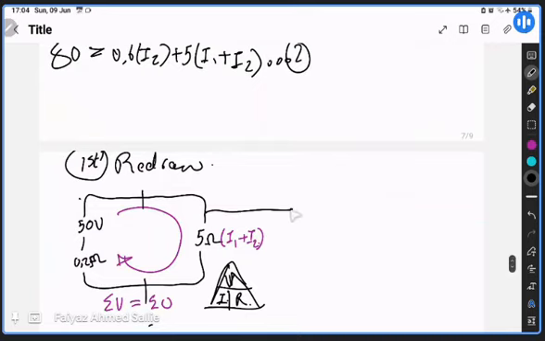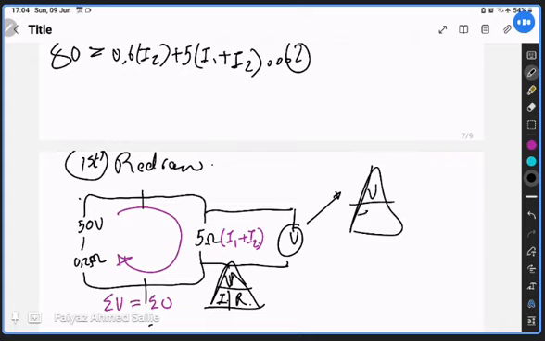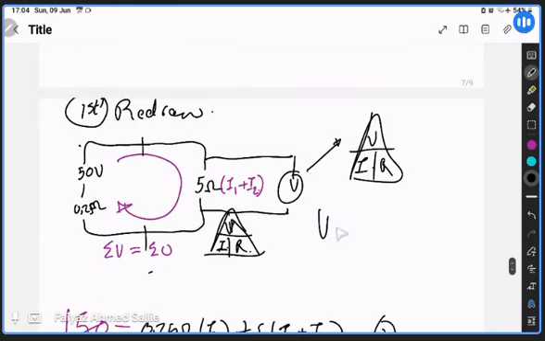To get the potential difference, we know from Ohm's law that voltage is equal to current times resistance. So we're going to have 5 times I1 plus I2, which is